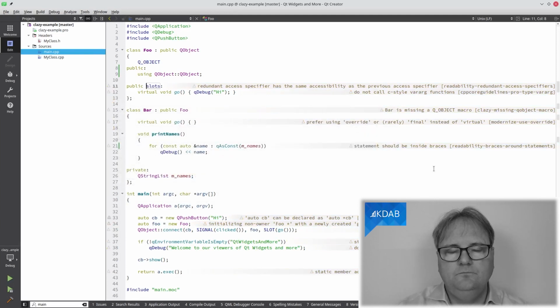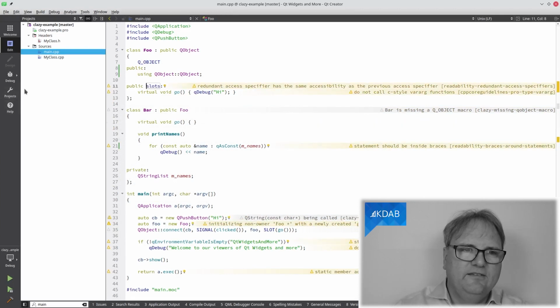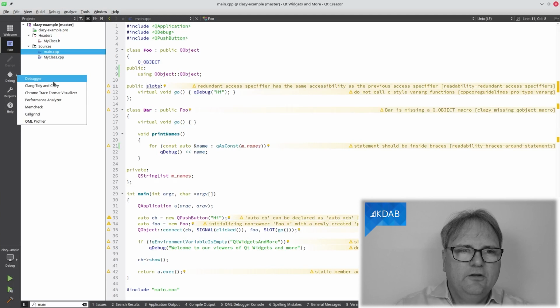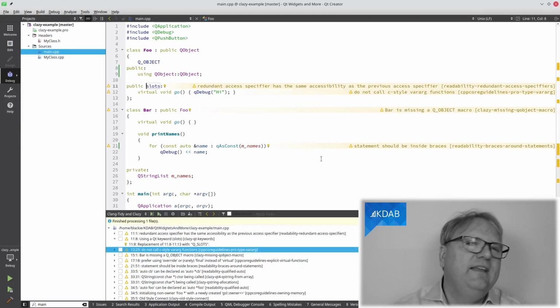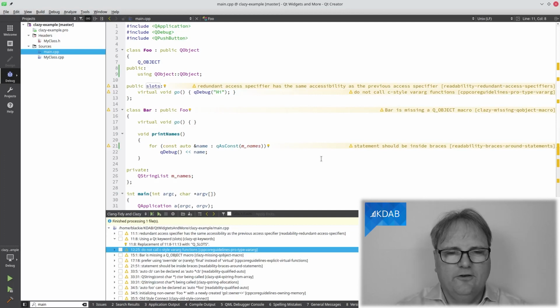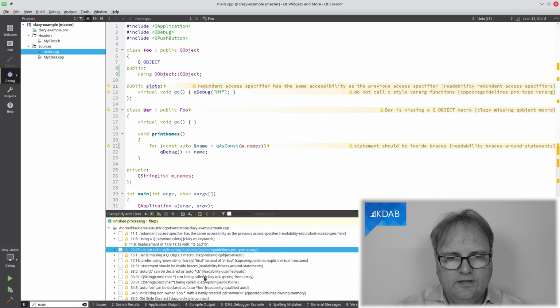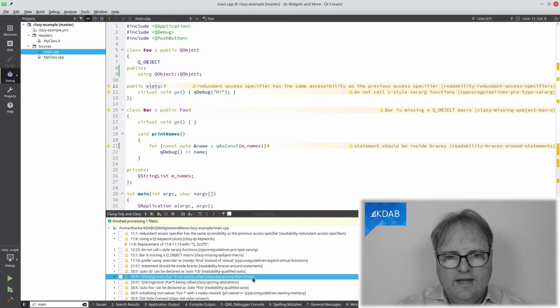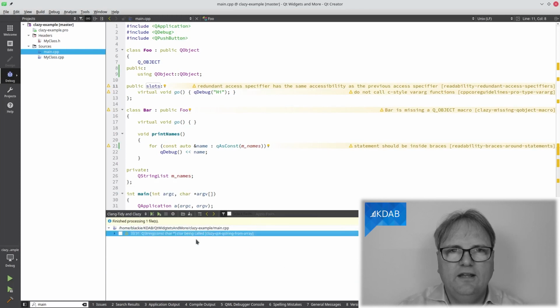Okay, before we proceed enabling and disabling, it might be a good idea to actually know whether a given warning is just one time or I see it a lot of places. So what I can do is that I can take this one here, a constructor call, and I can right click on it and I can say filter for this diagnostic. So it was only one place. Trust me, in my code, I see that a lot of places.